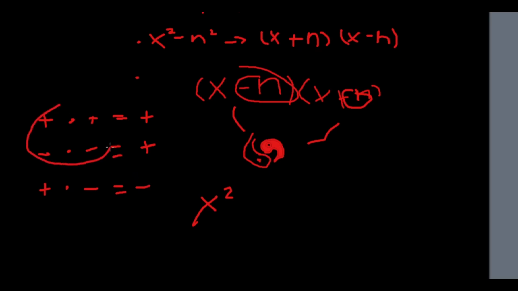So with this and this, we always get extra stuff, like plus 2n or minus 2n, because we get plus x or minus x. But with the negative, we have one positive, one negative, and they cancel out. So we can have beautiful things like x squared minus 9 going to x plus 3, x minus 3. Or the other way around, it could be x minus 3, x plus 3. But unfortunately,